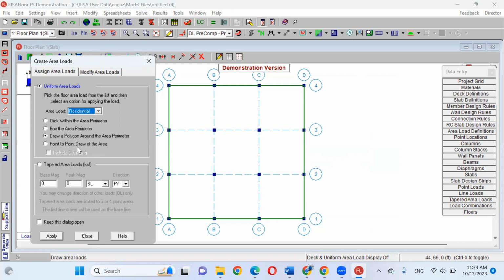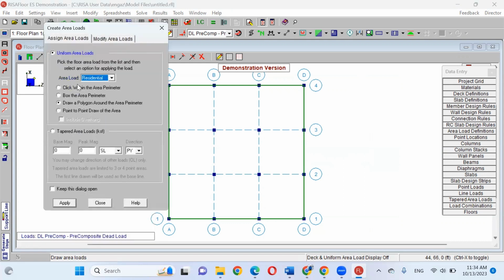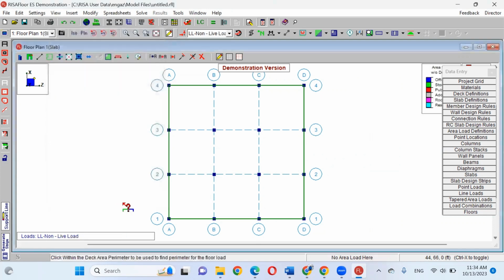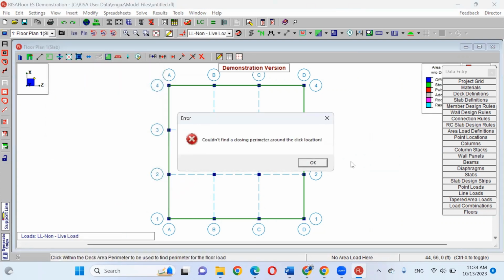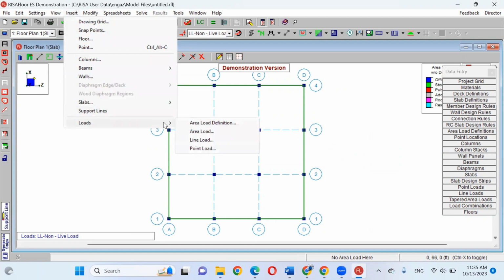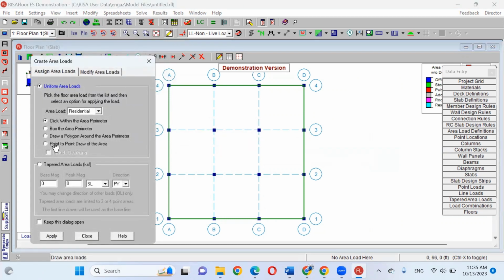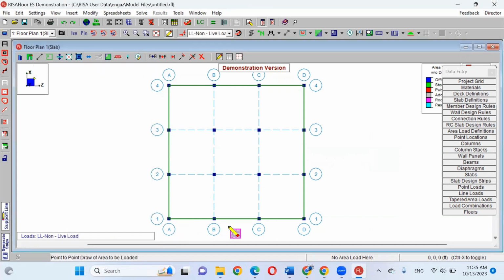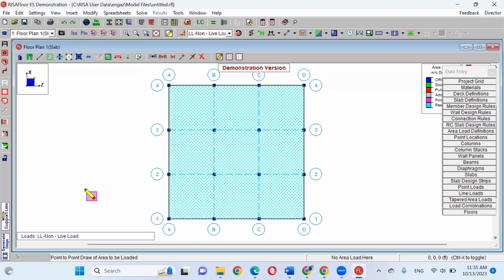Okay. And then I can define the load by click. Select this option, just click. Apply. If you click here, it's not working because we don't have columns and we don't have beams. So in insert loads, we have different options. I can select the last option, point to point draw. I will draw, click here, click here, click here, click here, and click back.